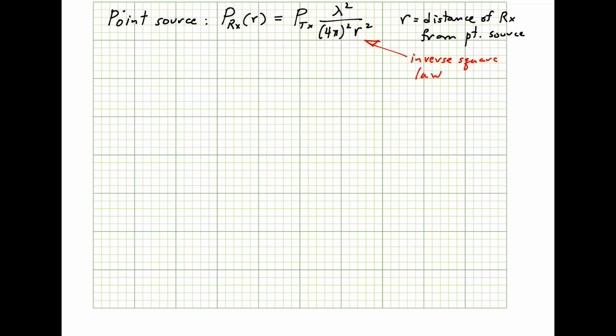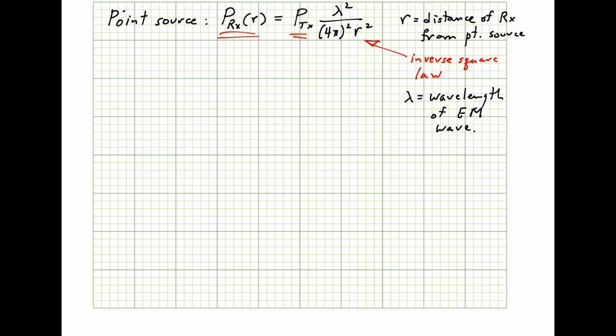Okay? What I'm going to do now is say, look, we're interested in received power in decibel units. All of this is in watts or milliwatts at this point. Lambda is the wavelength of our electromagnetic wave. And what I'm going to do then is take the log of both sides of this